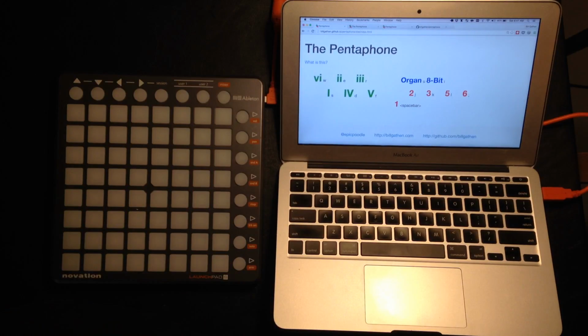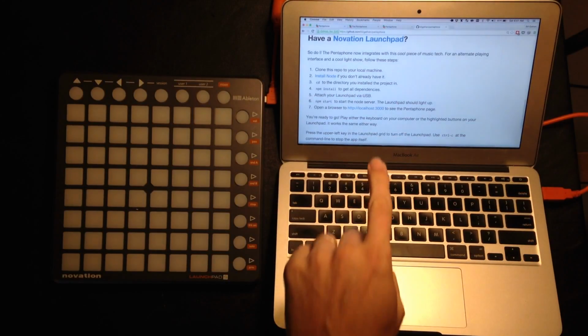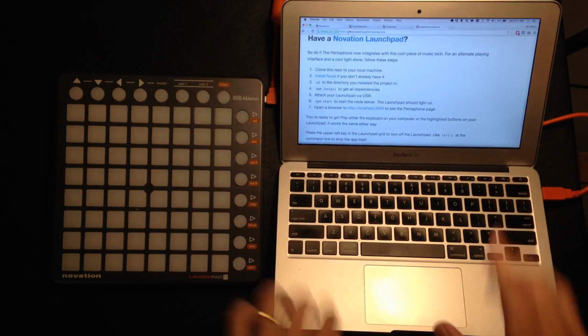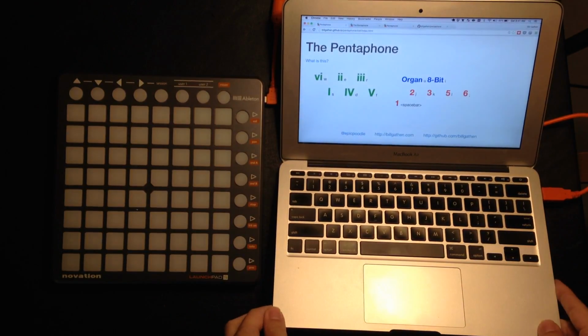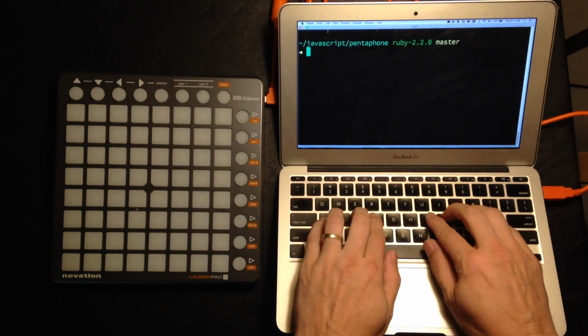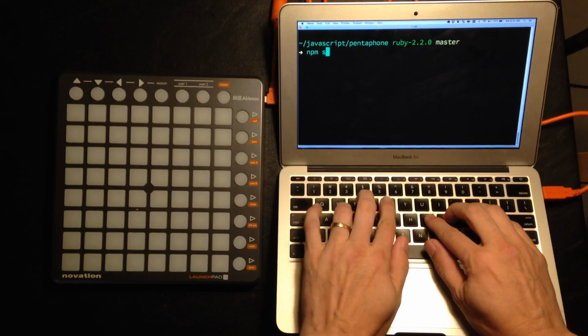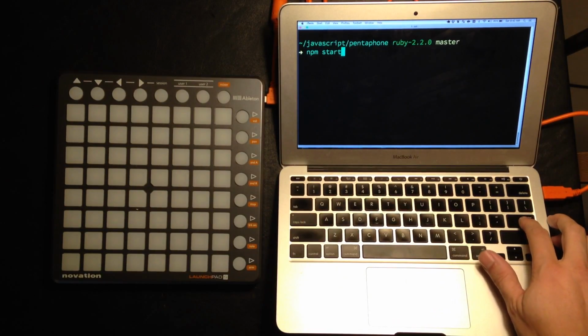So this is a little more sophisticated. If you're looking to do it yourself, there are instructions on the website for exactly how to do what I'm about to show you, but I'll skip over the gory details. We'll start out with, we have to open up a terminal window, and we run npm start. I've already downloaded and installed this on my computer. The instructions are on there as well. When I start this up,